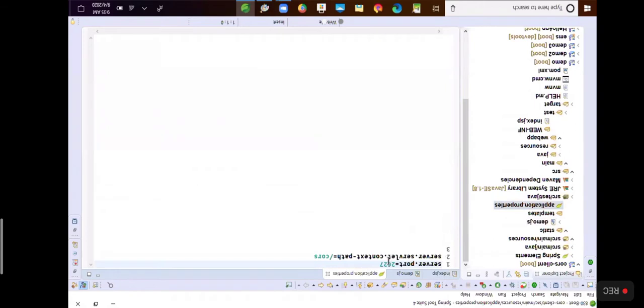As you can see, this client application's server port number is 2627, and the context path is /cars. Are you getting my point? So server.servlet.context path is /cars.